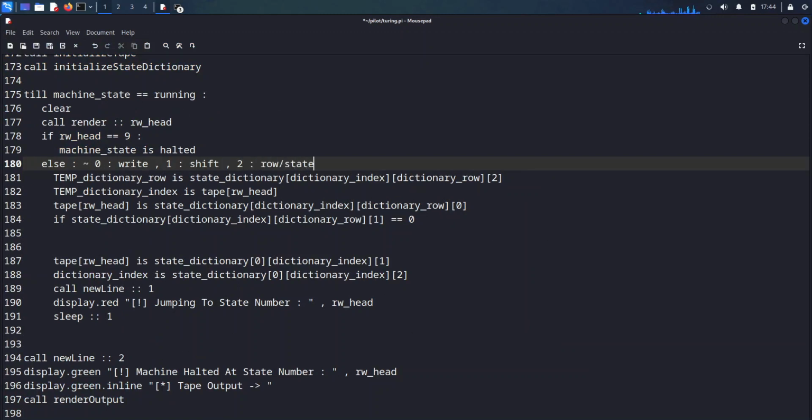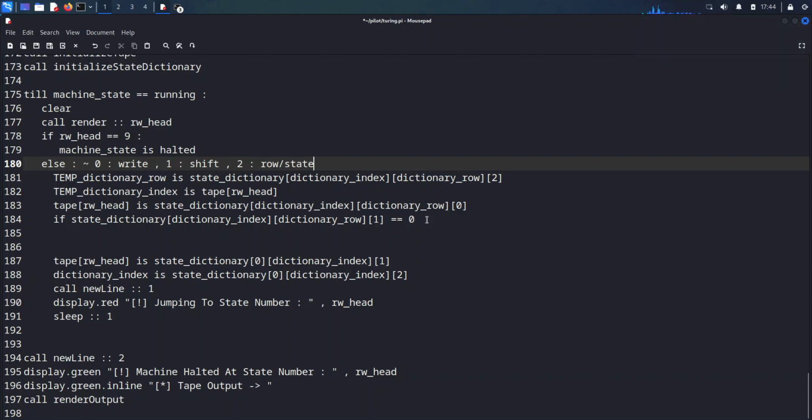I have to change the name though, but whatever. So from 2 we get the temporary row. Cool. From then we get the dictionary from whatever we read, and then we write the value 0, and then depending on whatever